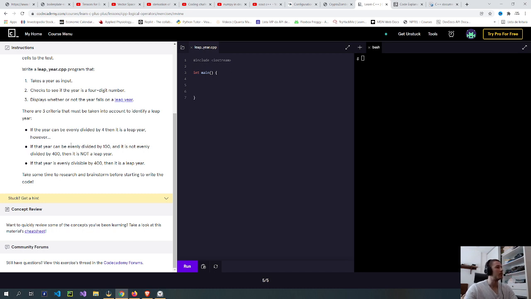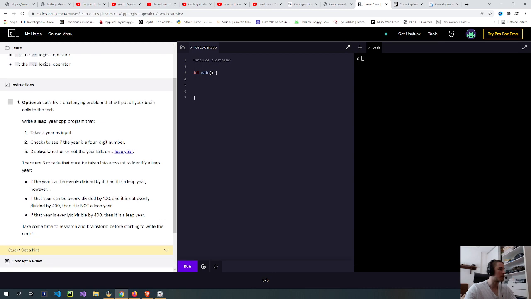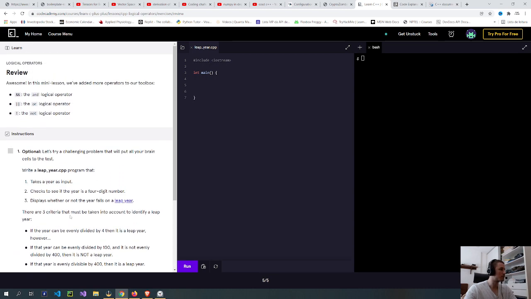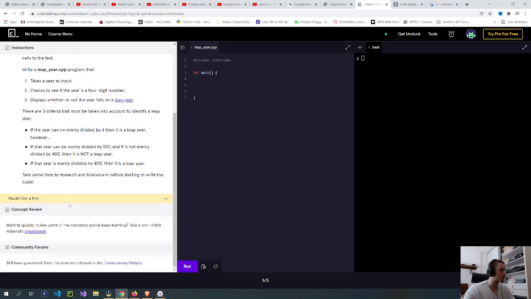It's pretty much gonna be a bunch of if conditions, doing these calculations using the remainder operator to check if they're true or not. I don't think I'm gonna do this, to be honest. Just seems like a waste of time.